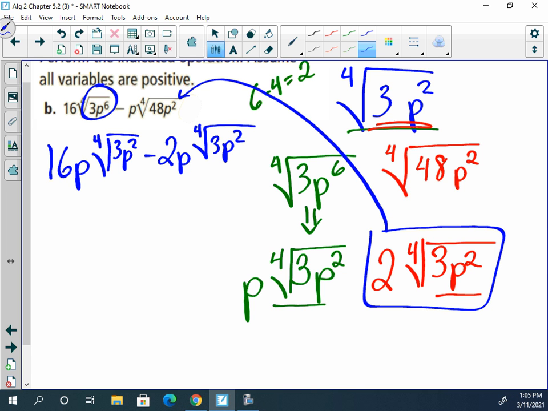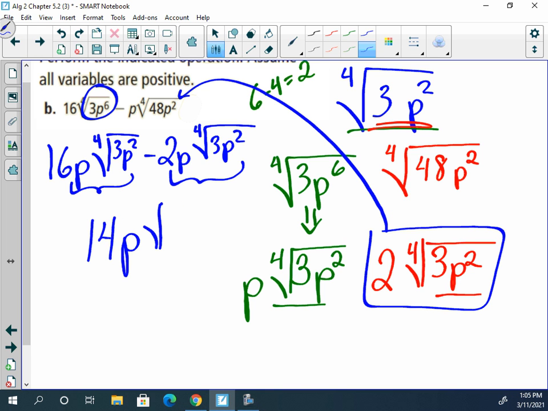Are you ready for the next step? 16p times the 4th root of 3p squared minus 2p times the 4th root of 3p squared is what? The 4th root of 3p squared. So really we can do 16 minus 2, because the coefficients, since everything else is the exact same, we can do 16 minus 2, which is